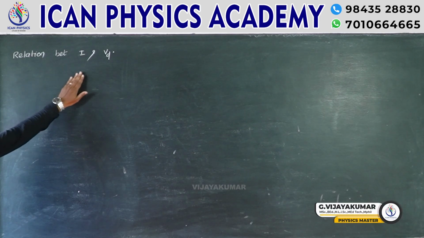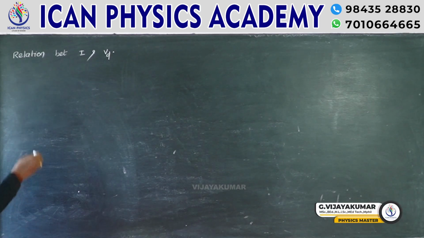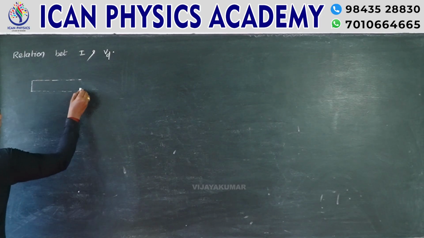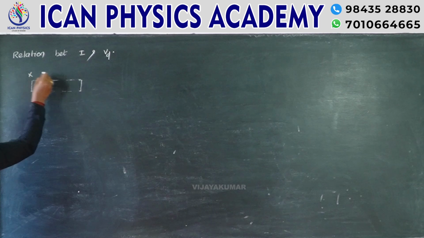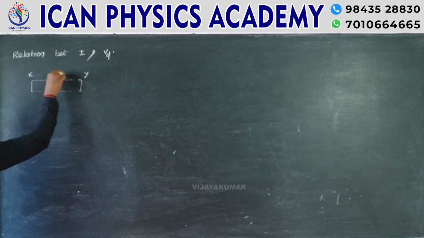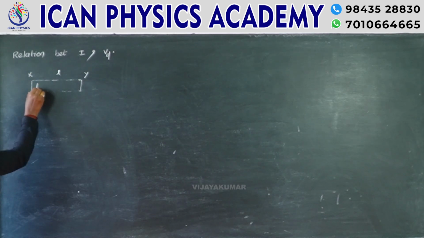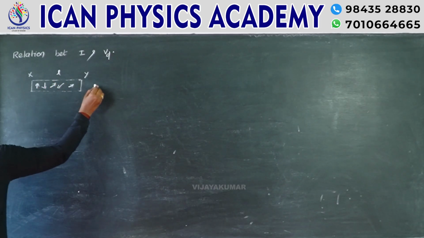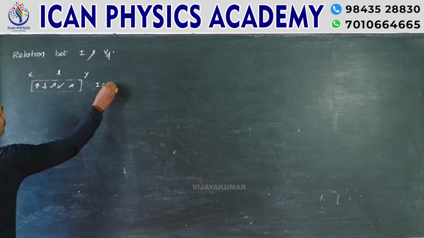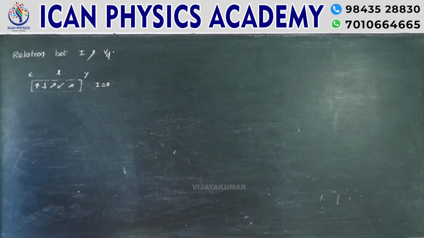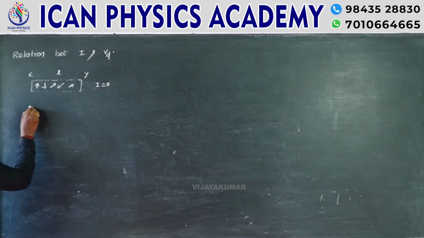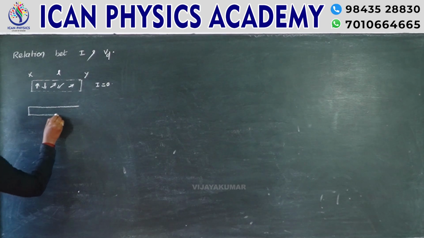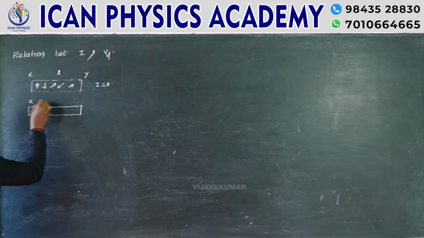Relation between current and drift velocity. Let us consider a conductor XY of length L. Initially the electrons are moving randomly, so the net flow is 0 and there is no current flow. At the same time, the same conductor is connected to an external source,